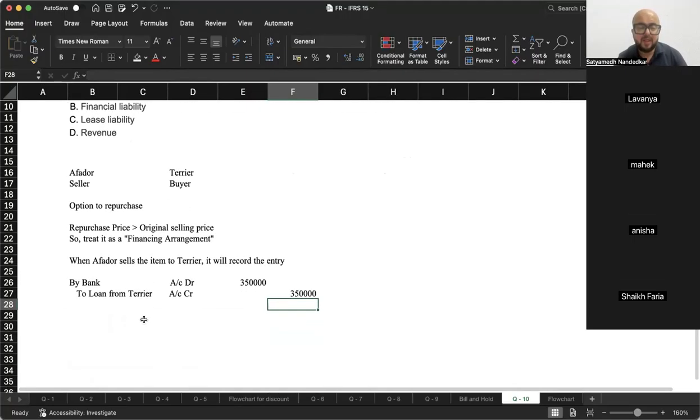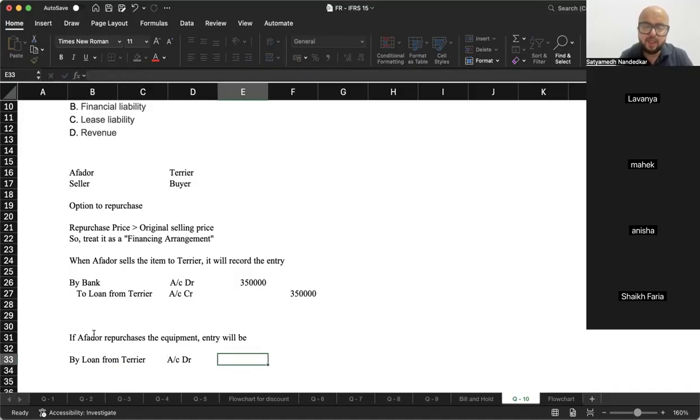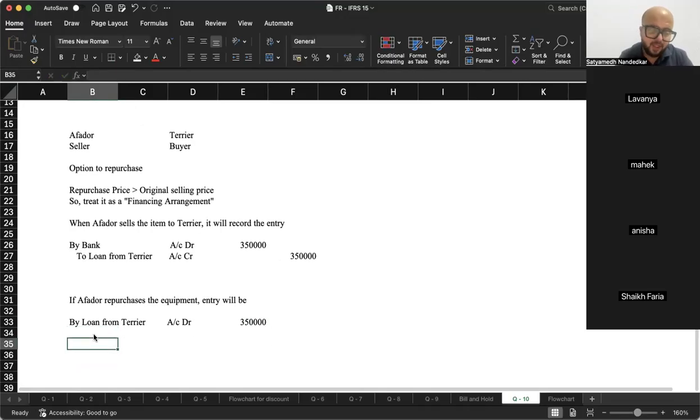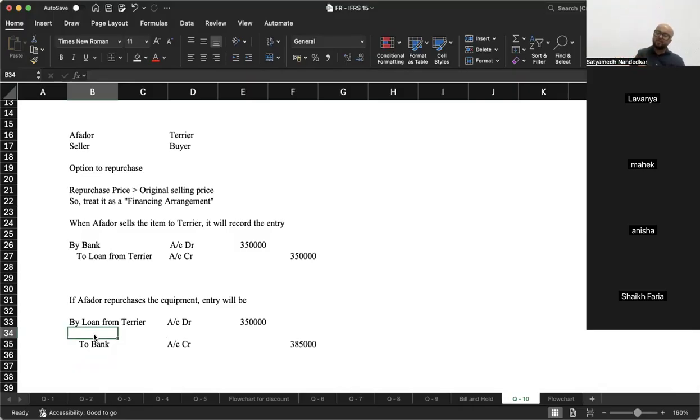ठीक है, एंड यहां पे देखो, इट हैज एन ऑप्शन टू रीपरचेज द इक्विपमेंट फॉर 3,85,000। नाउ इफ Affador repurchases the equipment, entry will be by loan from Terrier account debit। कितने का लोन लिया? 350। कितना रीपे किया वो बताओ? रीपे किया आपने 3,85,000। 3,85,000, you now think about it, you purchased goods from someone, sorry, you sold goods to someone for 350,